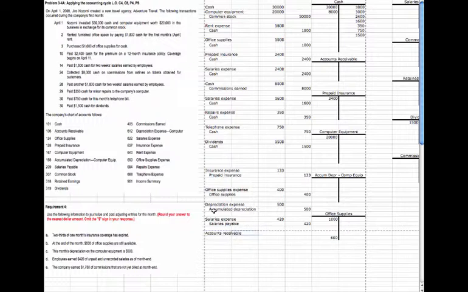Accounts receivable being an asset, we're going to increase it, so it's a debit of $1,750. On the other hand, since we earned it, we have to recognize the revenue, so we have to increase a revenue account. In our case here, we're going to credit commissions earned